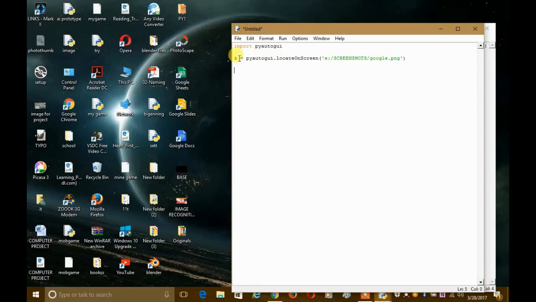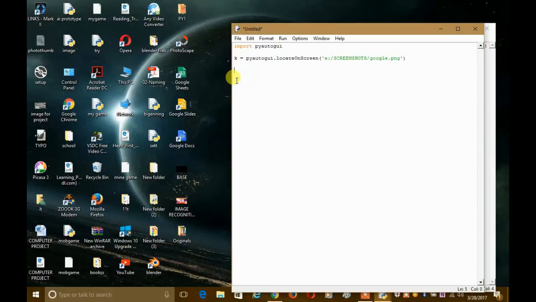Remember guys that this k will give you a tuple. That means the values will be in parentheses, not in brackets. So there will be 4 values. The first 2 will be the x and y coordinates, the second 2 will be width and height. If you wanna click on that image or you wanna do something with that object, then you have to be sure that the mouse will point at that object at the correct place.